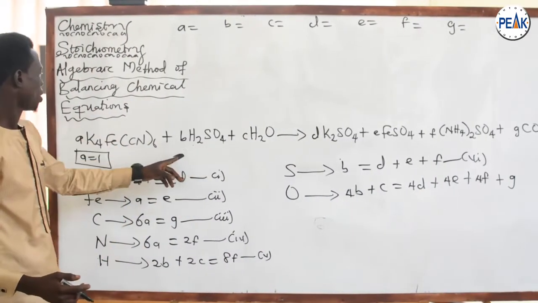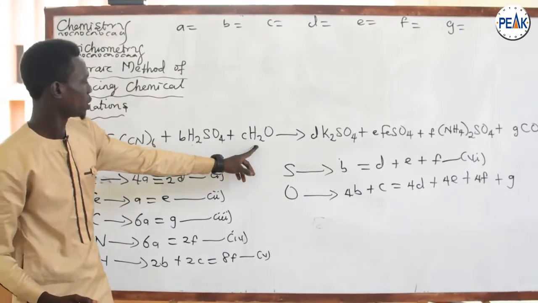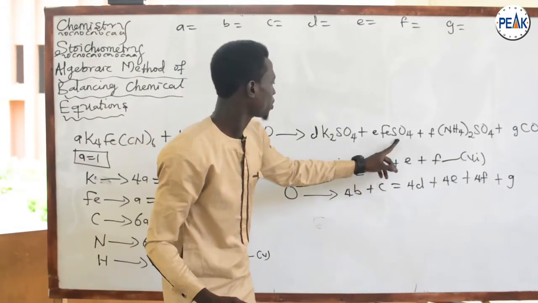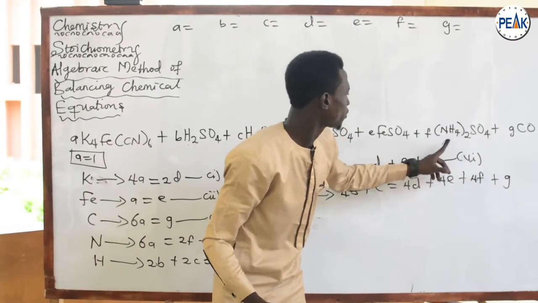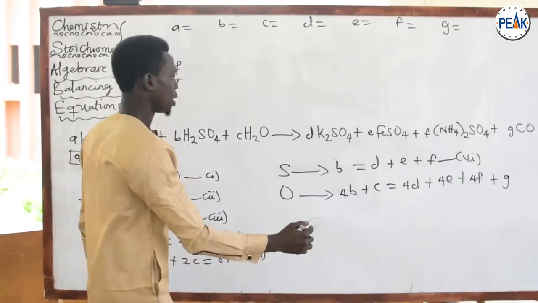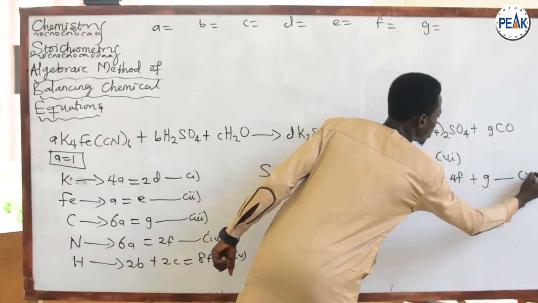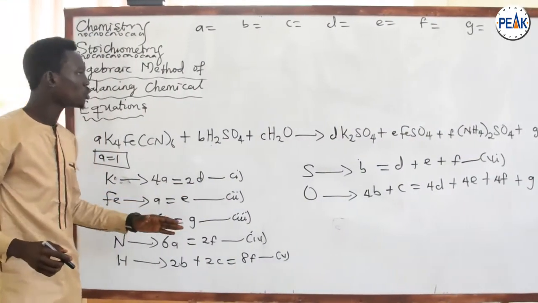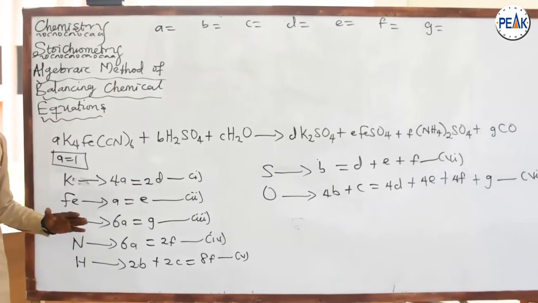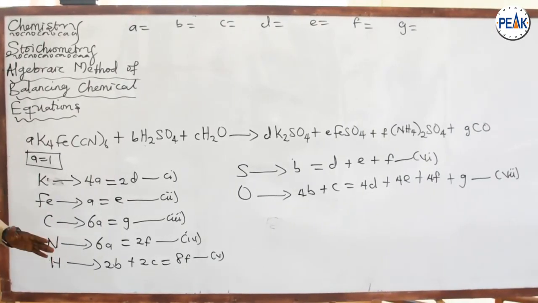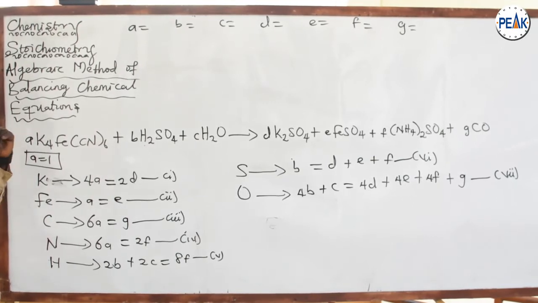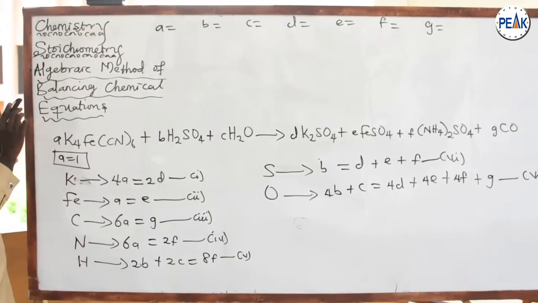Oxygen: 4B plus C, giving me 4D, plus 4E, plus 4F, plus G. Now, let's call this equation 7. If you have gone through all these procedures correctly and accurately, then you are good to go. Everything becomes very easy. Now, don't forget, our first step was to assume that